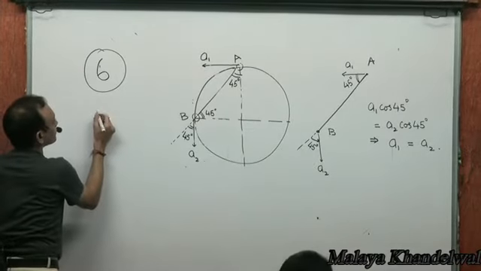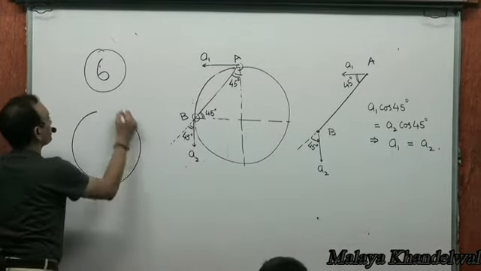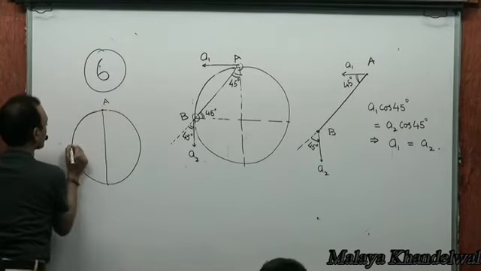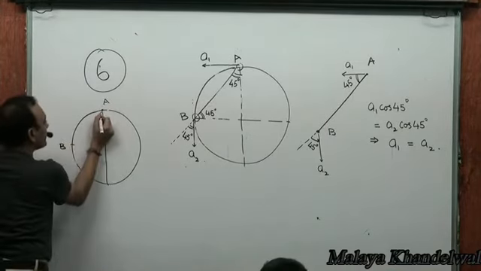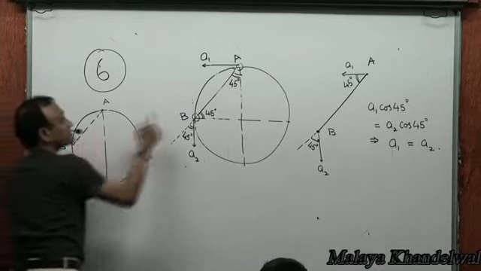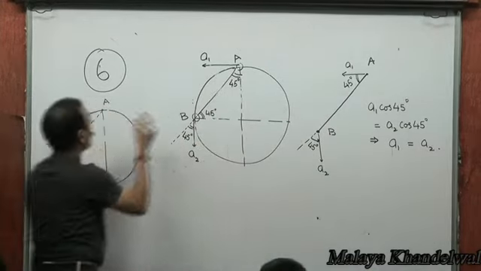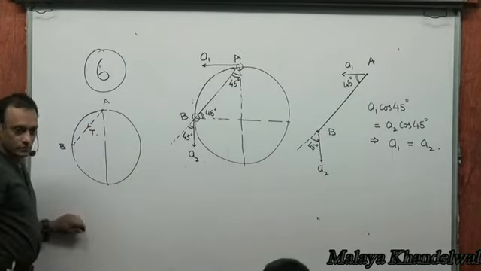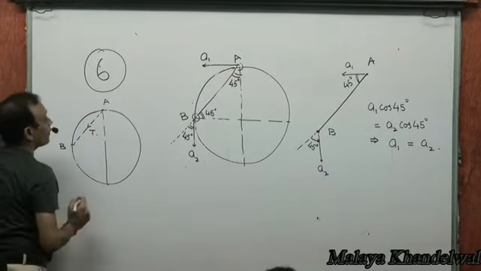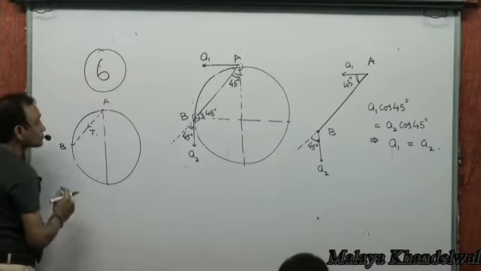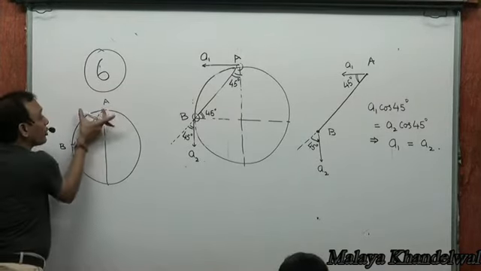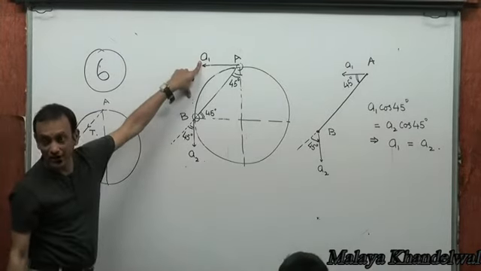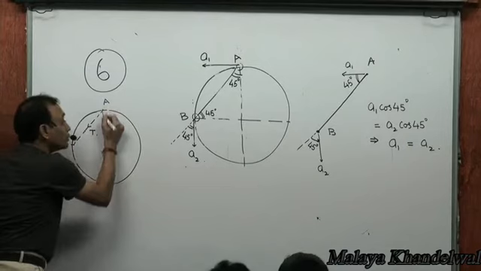If you think of A, this is the end B. A will experience tension in the cord, which is T. A will experience a force T like this, right? And this T would have a horizontal component, which is going to carry the horizontal acceleration, and will have a component